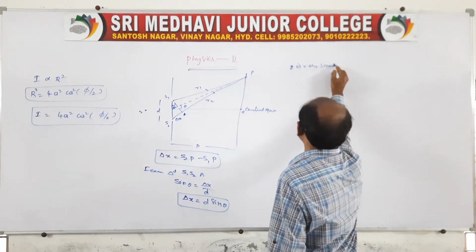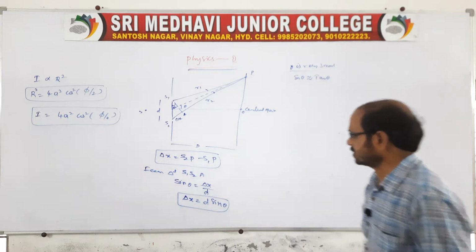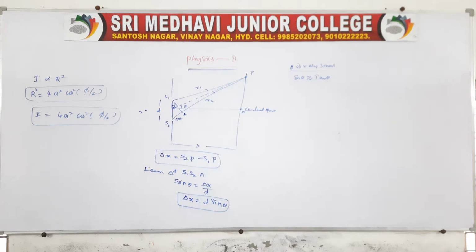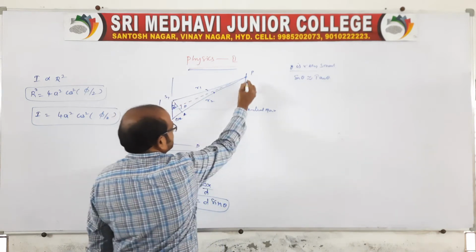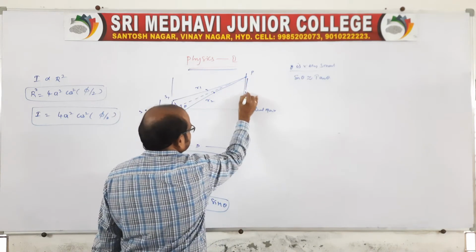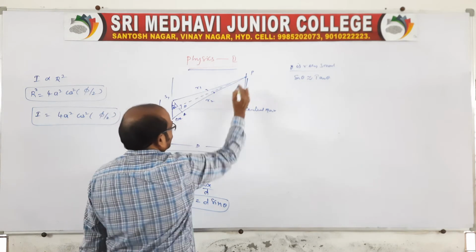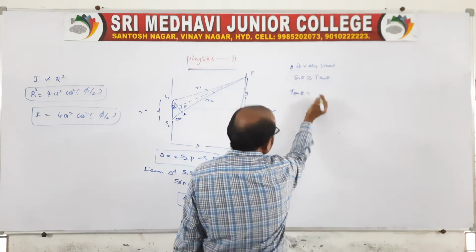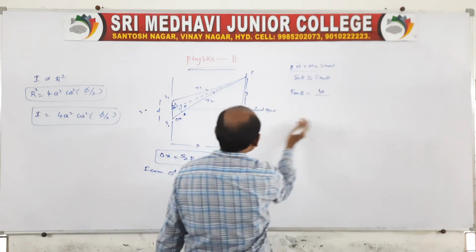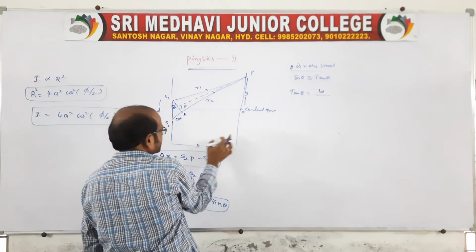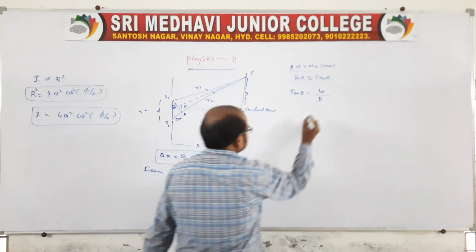Since theta is very small, sin theta is almost equal to tan theta. So instead of sin theta, we can also write tan theta. Taking the y-axis, y is the distance, and the ray makes an angle theta arriving at a point P. Then tan theta is equal to opposite over adjacent, that is y by D, where D is the distance between the slit and the screen. This is equation 1, and this is equation 2.